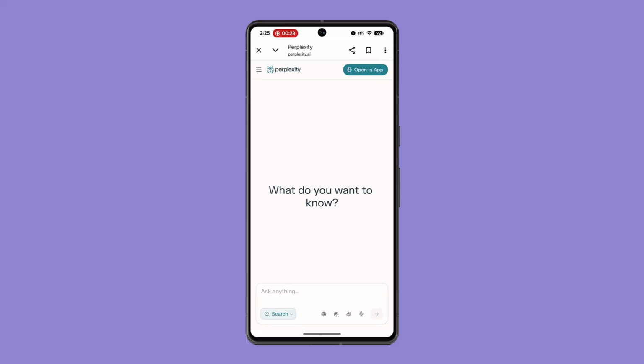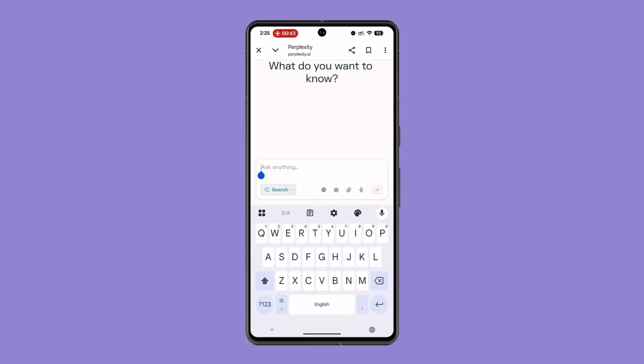If you are using the web version of it, type in Perplexity in the web address bar and log into your account. You could also summarize articles and web pages. So just navigate to Perplexity AI. All you need to do at the search field is paste in the link or the URL of the article into the Ask Anything box over here at the bottom, and add a prompt like, summarize this article for me. And then you could go ahead and install the Perplexity extension as well if you want,